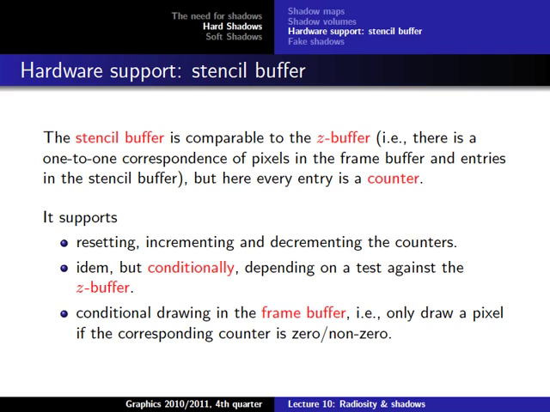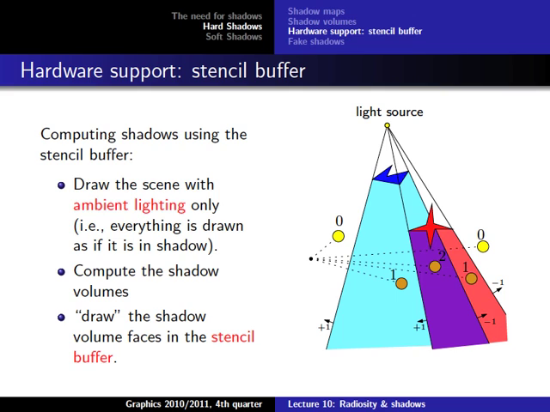So what this stencil buffer has to support as operation, so the buffer itself is the same as a Z buffer because we're just interpreting the value in there in a different way, as a counter and not as a Z value, but it has to support certain operations. That's what makes it then a stencil buffer, and the operations are of course resetting, incrementing and decrementing the counter, but also doing it conditionally depending on a test against a Z buffer, and then also conditional drawing depending on a test with the frame buffer, and we'll see why we need these two latter operations when we look at a